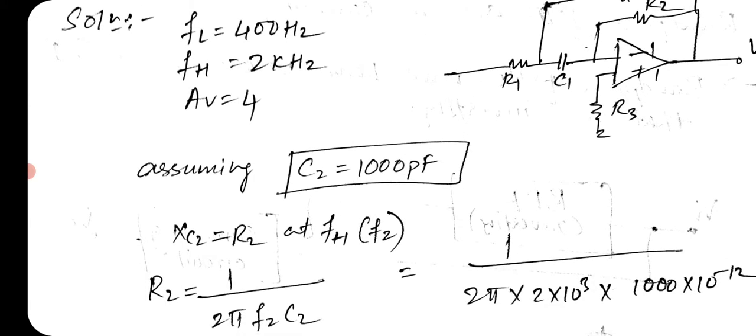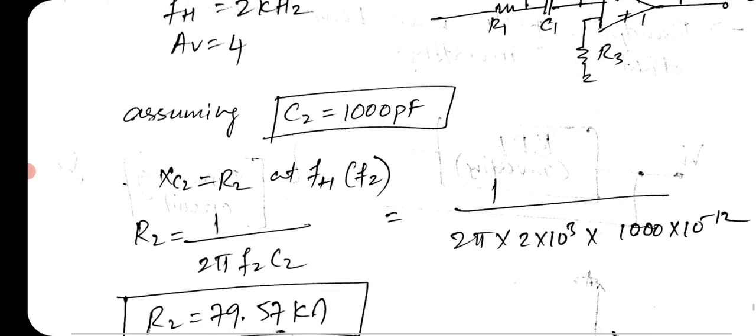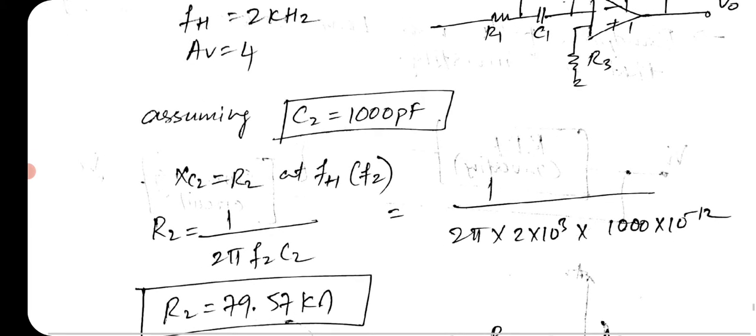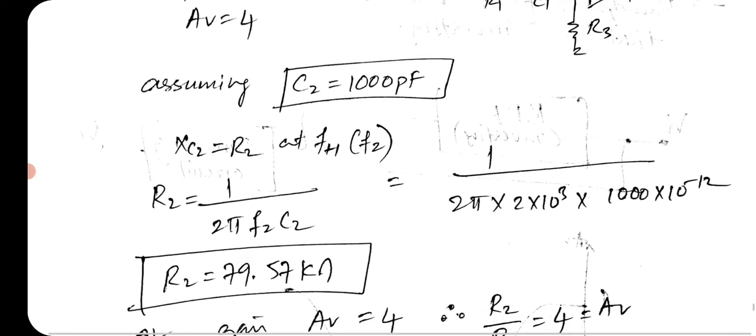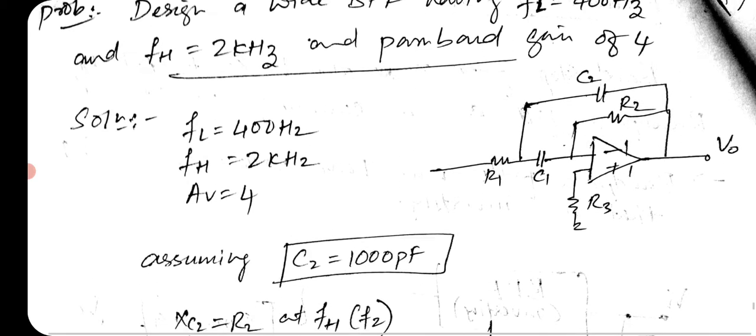See, we haven't solved a problem where the gain is 4 or anything other than 1. In this case we have a gain of 4. So let us solve a problem which has a gain other than 1. So assume capacitance 1000 picofarads, XC2 equal to R2 at FH. So for this you will be using the design